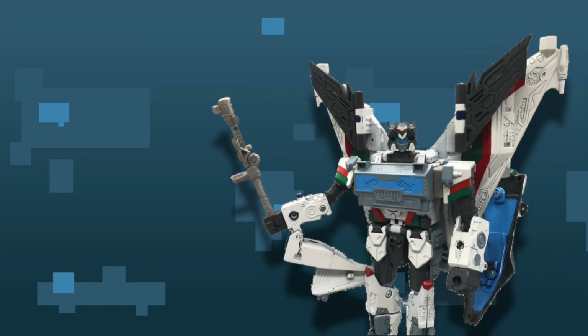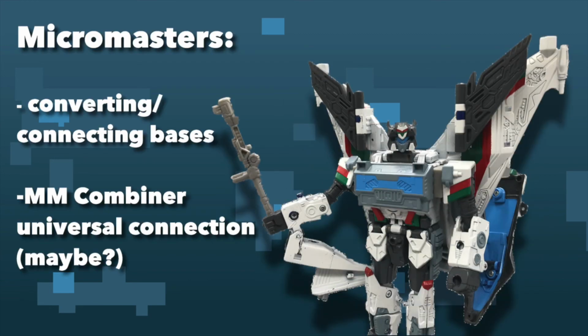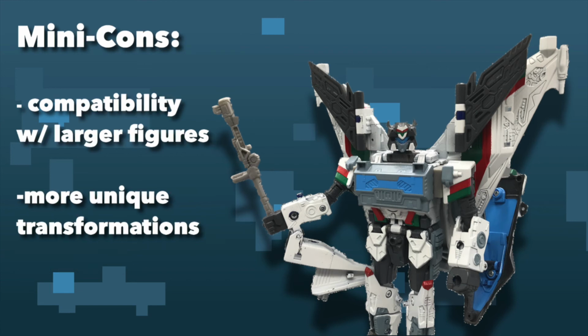Okay, that's all of the differences between the Micromasters, Minicons, and BotBots. So now, what do I think are the best traits of these tiny Transformers that I would like to see brought back for a future successor? Personally, from the Micromasters, I'd like to see more converting and or connecting bases, and maybe even the universal connections like the Micromaster Combiners. For the Minicons, obviously their compatibility with larger figures and their more unique transformations would be